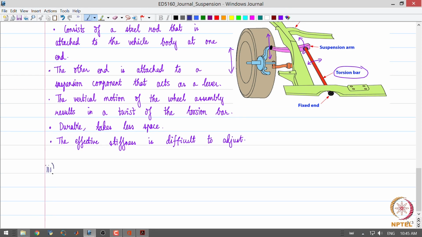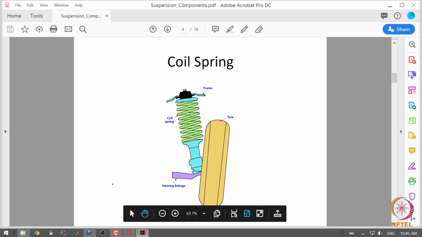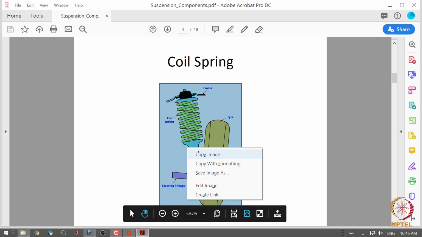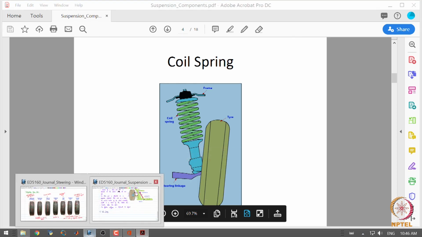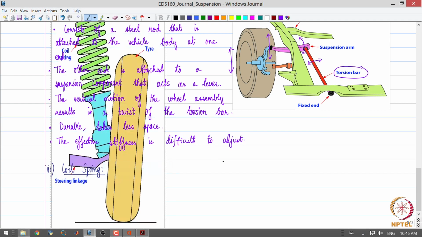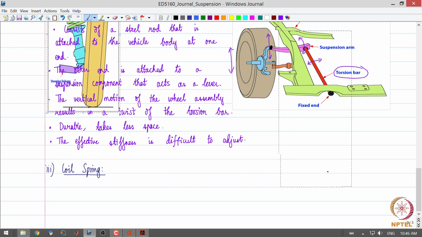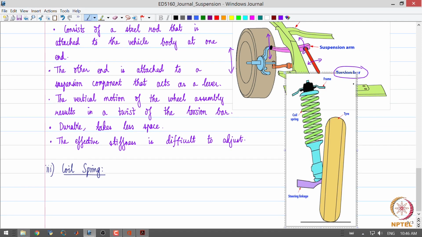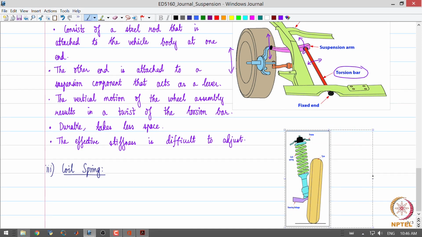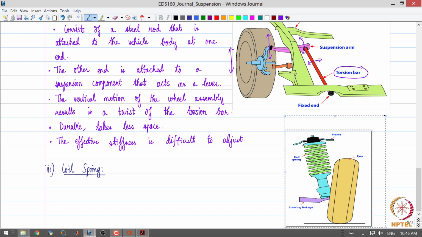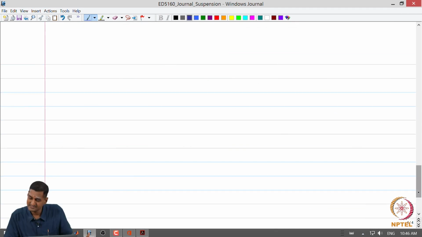So, moving on, the most common spring that is used today, like in road vehicles, is the coil spring. So, what is this coil spring? Let us look at coil springs next. So, a coil spring is nothing but a metal rod or bar, which is essentially wound up in a coil, right. So, that is essentially a coil spring.